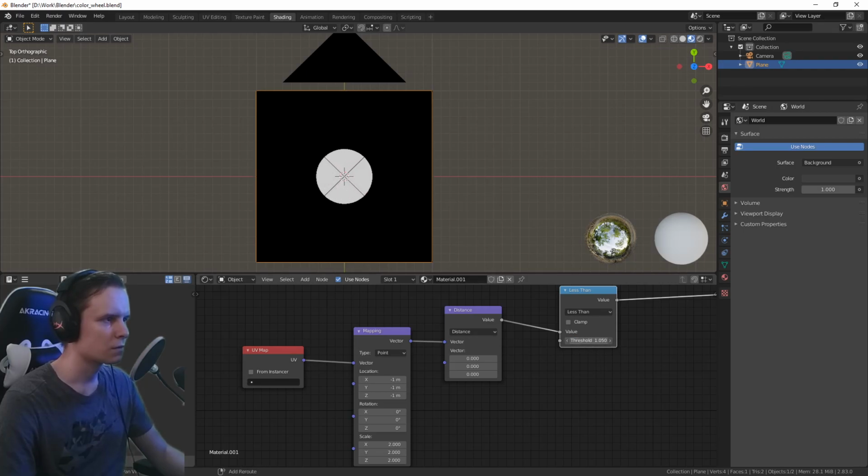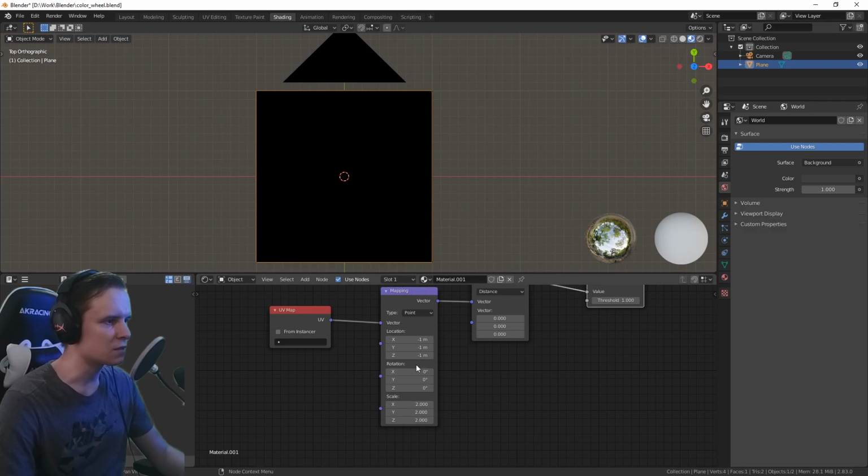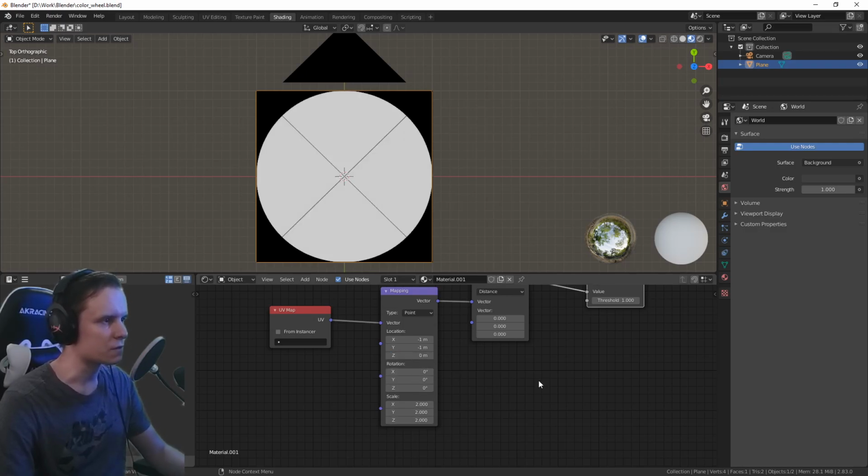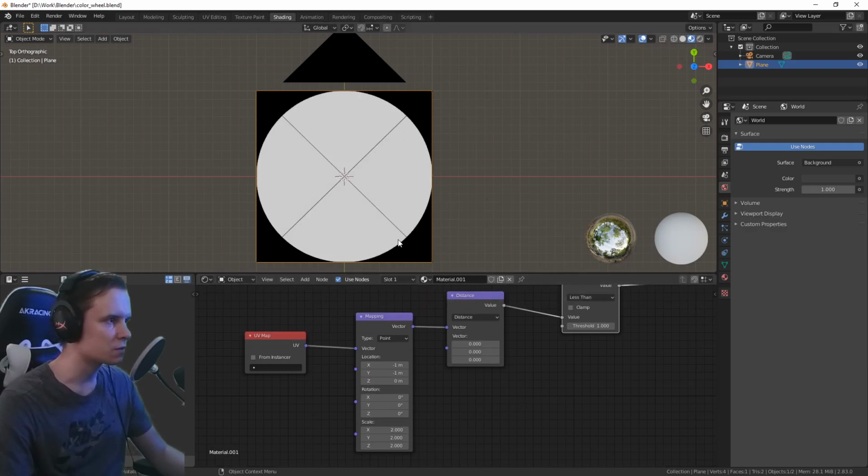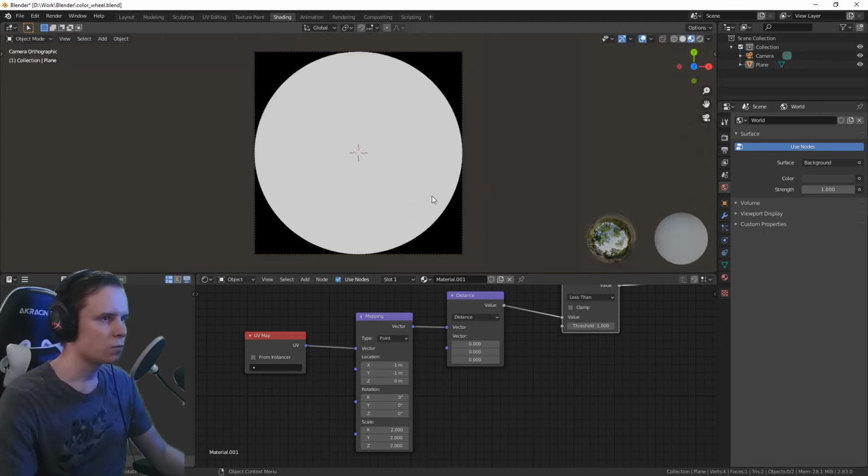Oh. This is weird. Oh, of course, that's because I'm also transforming the z coordinate, and I shouldn't do this. Yeah, here we go. So this is a perfect 1 unit wide, 1 unit radius circle, which is what I